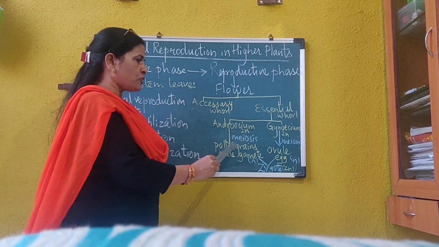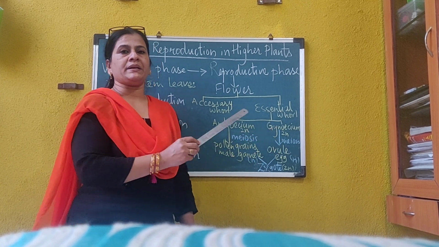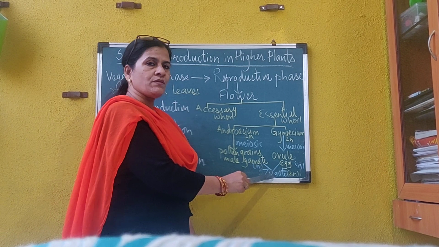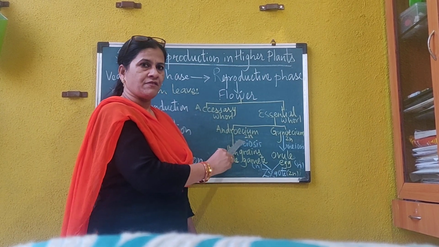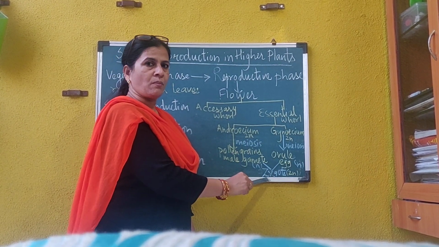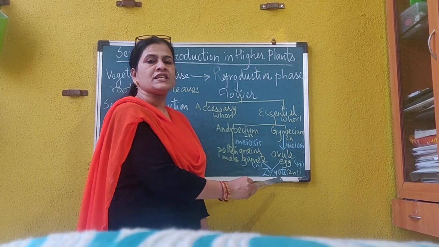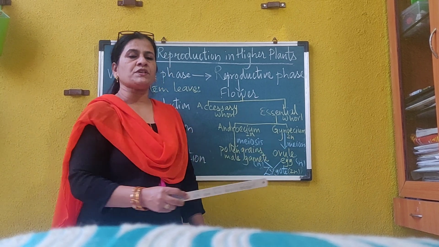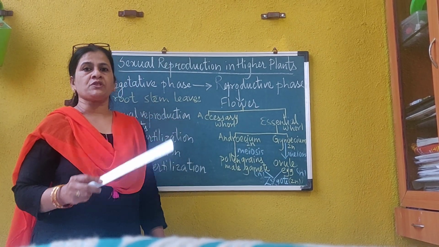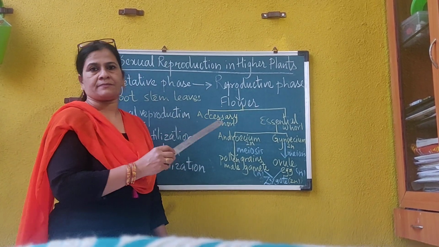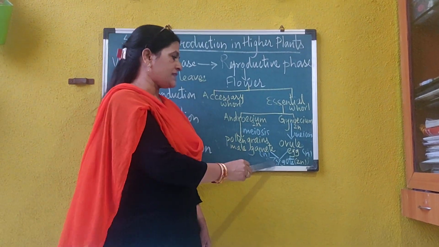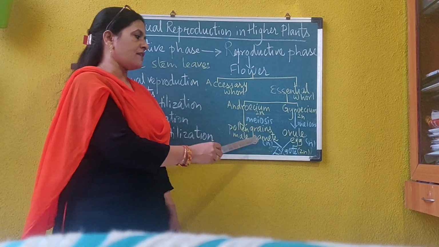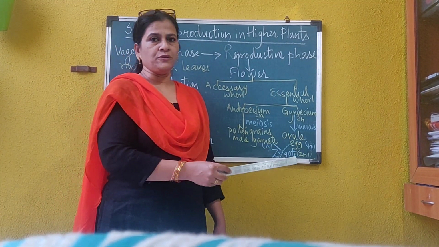Now as these two gametes, male and female gametes, are genetically different, therefore the zygote which is formed receives half of the genetic material from one organism and half of the genetic material from another organism. Therefore the zygote which produces later on new offspring which will be different from the parent. So there is always chances of variations due to sexual reproduction, and variations are very much essential for evolution.